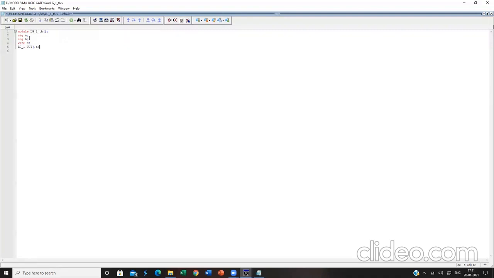This I have to connect with the input A of the RTL file. So dot A is nothing but this first A indicates the variable present in this LG_1. This A indicates the register mentioned in the test bench file.